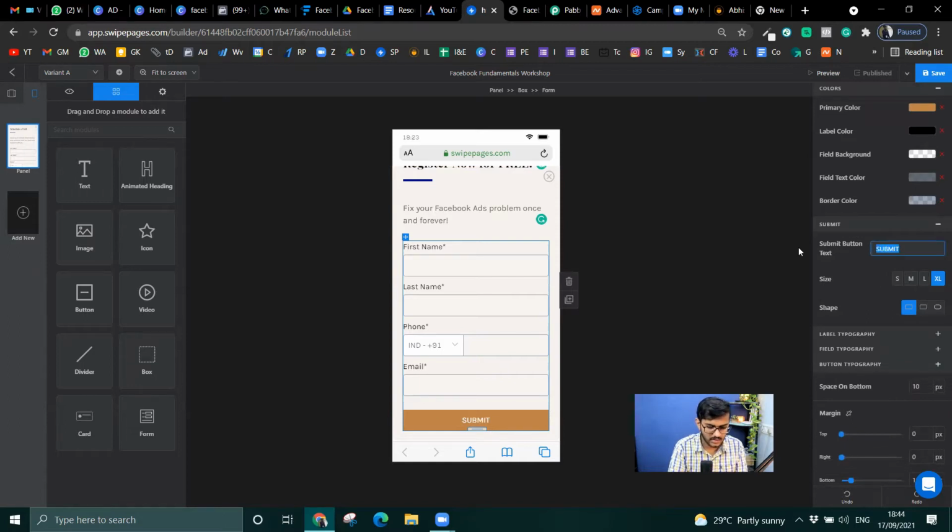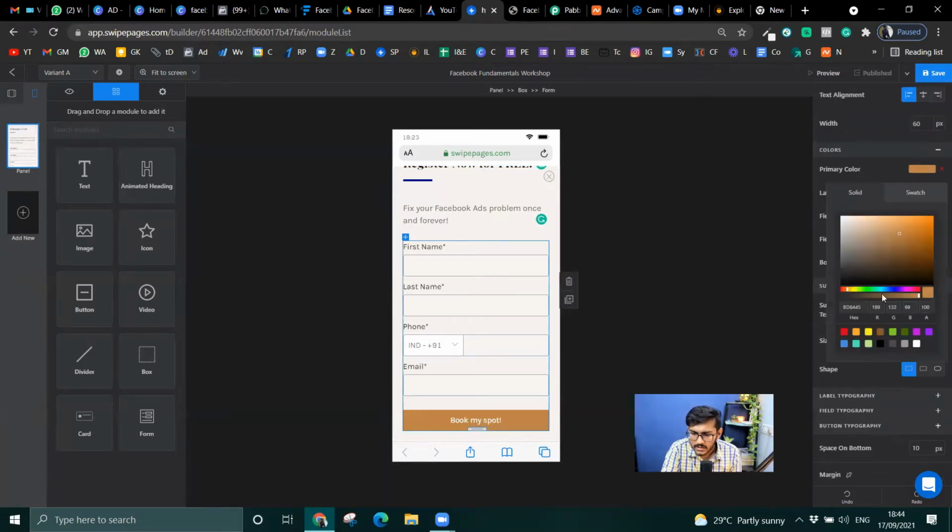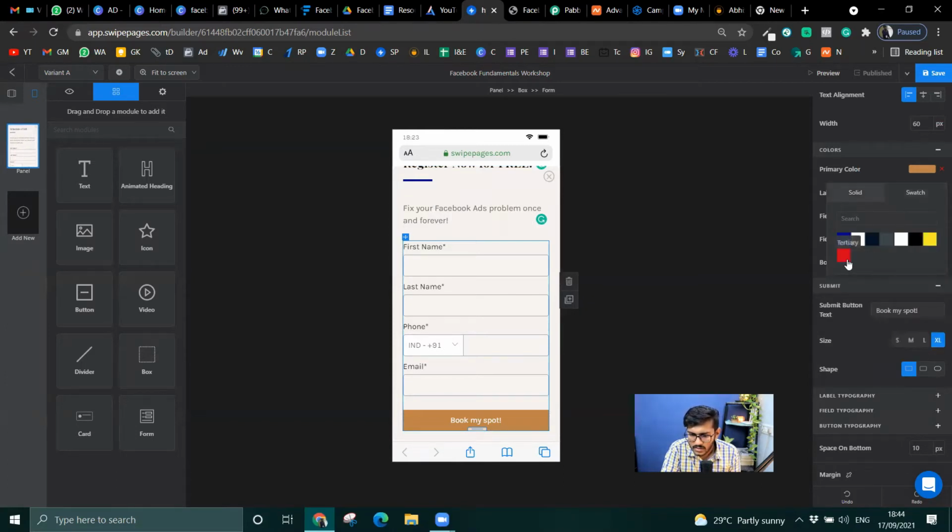This is where: book my spot. And obviously I'm going to change this color swatch to blue.